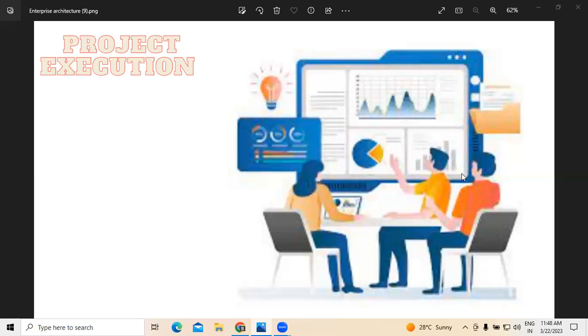So being a learner, whenever we are working on project execution, one must know about the kind of actions which are involved in project execution. That is what we need to learn. As a part of project execution, we need to communicate the expectations to the stakeholders relating to the project, and at the same time manage the involvement and the needs of all the stakeholders.